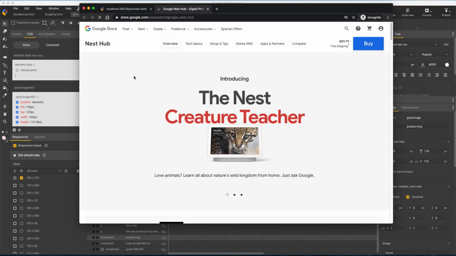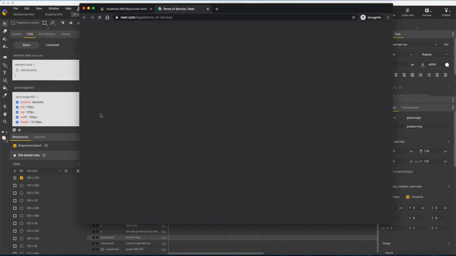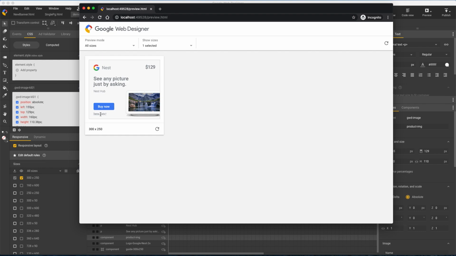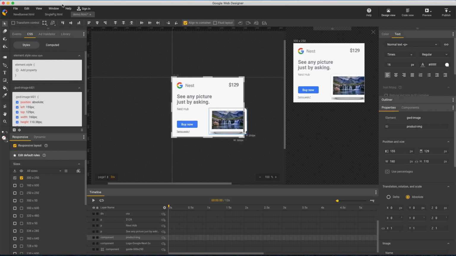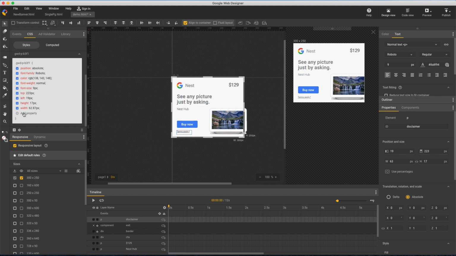I get my landing page and disclaimer page. It seems okay, but my cursor has the text edit icon over the disclaimer when I want the link icon, and that's one of the advantages of using tap areas. But to keep this simple, instead of adding another element, I'll just add a style to that disclaimer. Cursor, pointer.